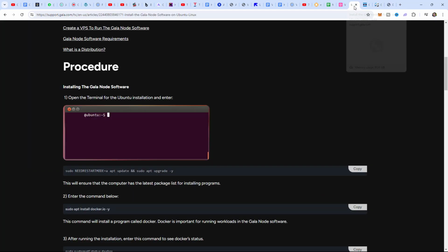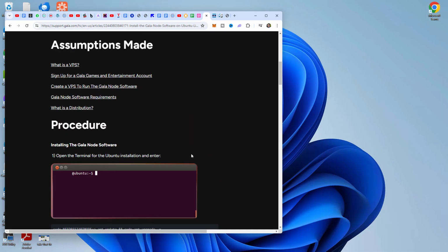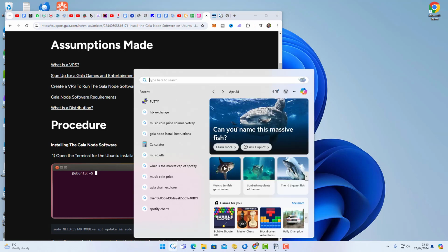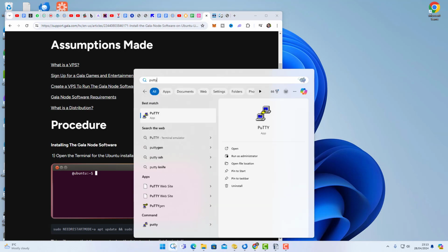So we've got our instructions, we've got our virtual computer set up, we've now got PuTTY. So let me just change the size on this so we can see the instructions as I go through. Let me just get this bang on the right size. Now I need to get my PuTTY terminal, so I type PuTTY. Here's my PuTTY app,